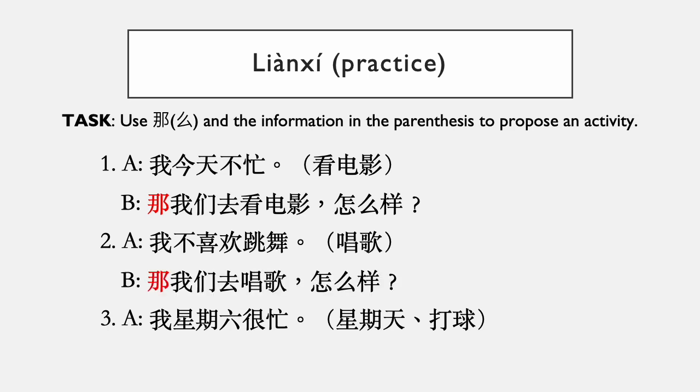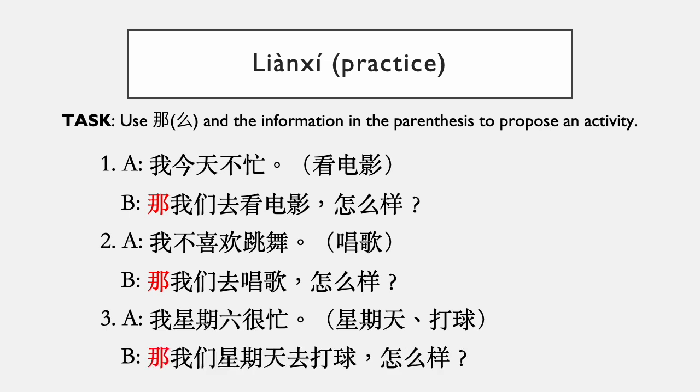So your suggestion is, 那我们去唱歌怎么样？ And again, we're adding the 怎么样 on the end here just to turn it into more of a question as opposed to an order. 第三 A says, 我星期六很忙. So you would propose, 那我们星期天去打球怎么样？